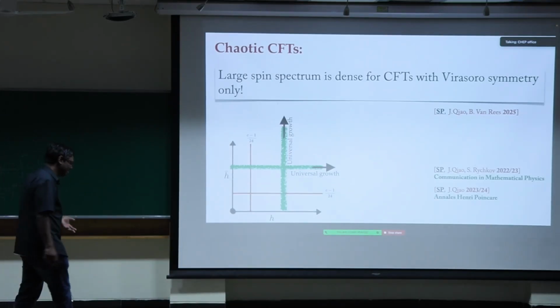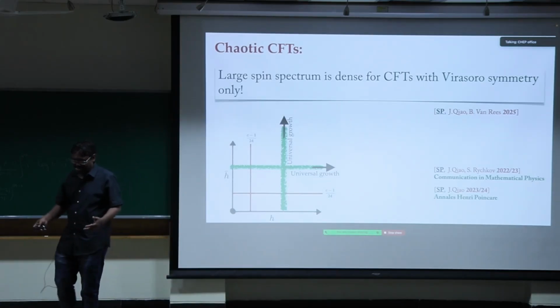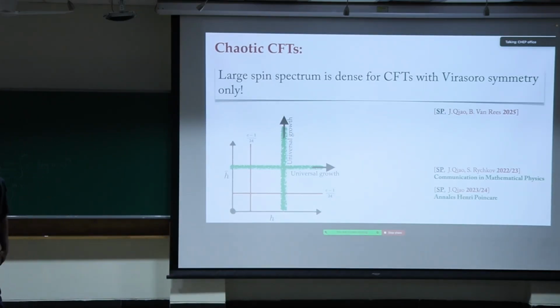And these should be the candidates for CFTs which are chaotic, which thermalize, and in the large central charge limit, this should be dual to the